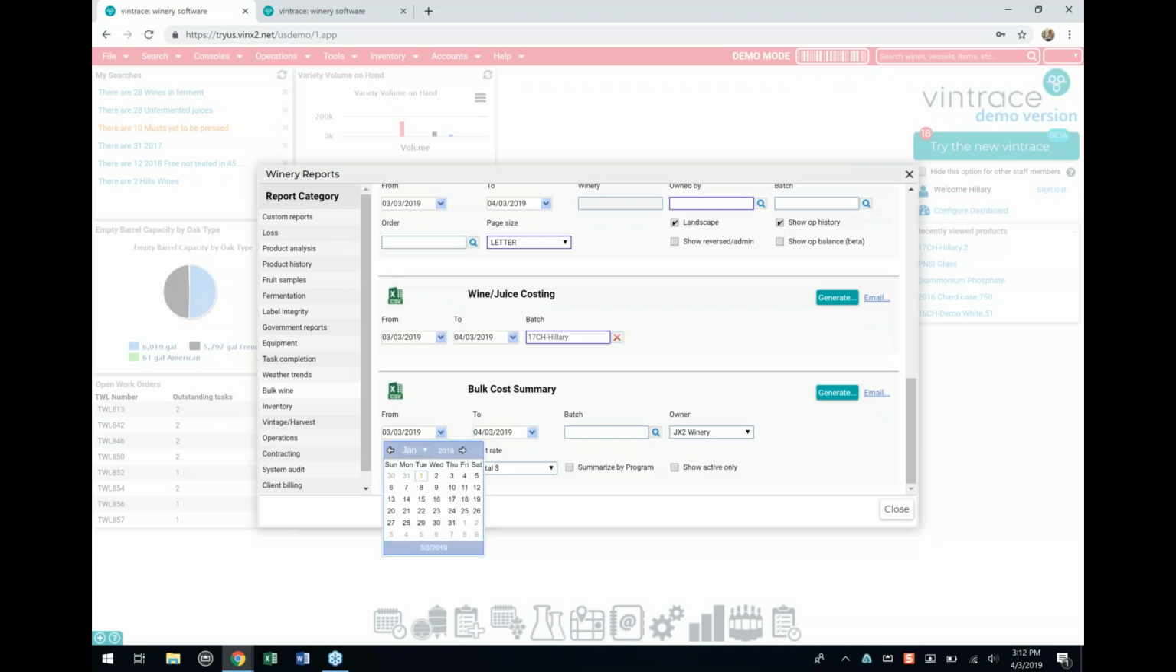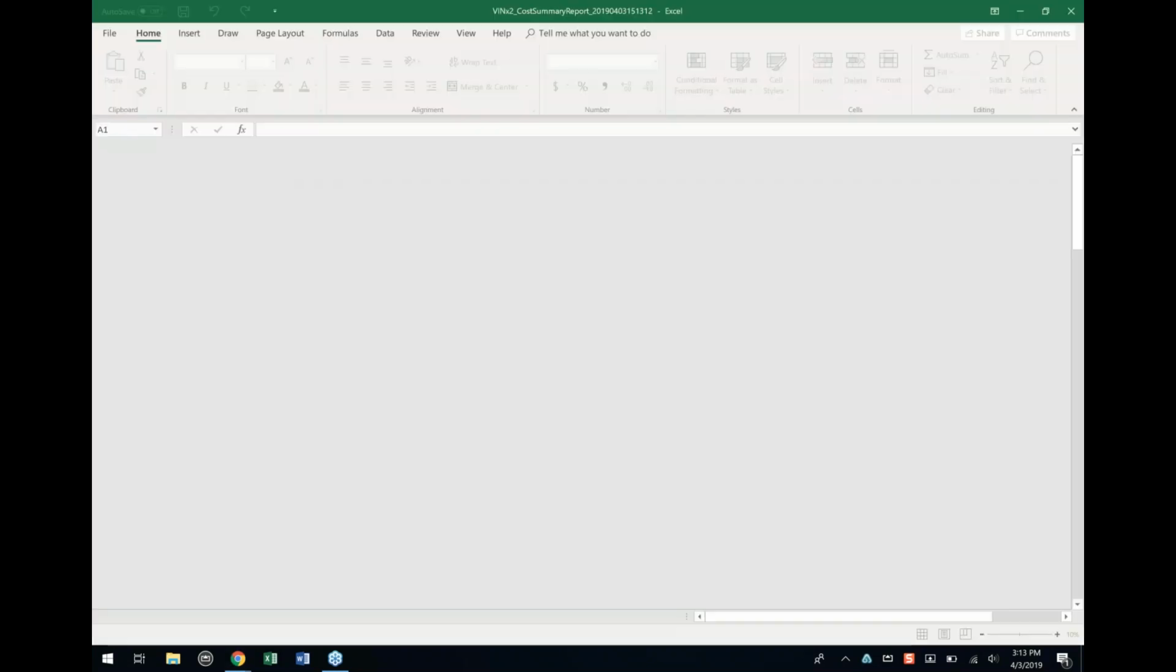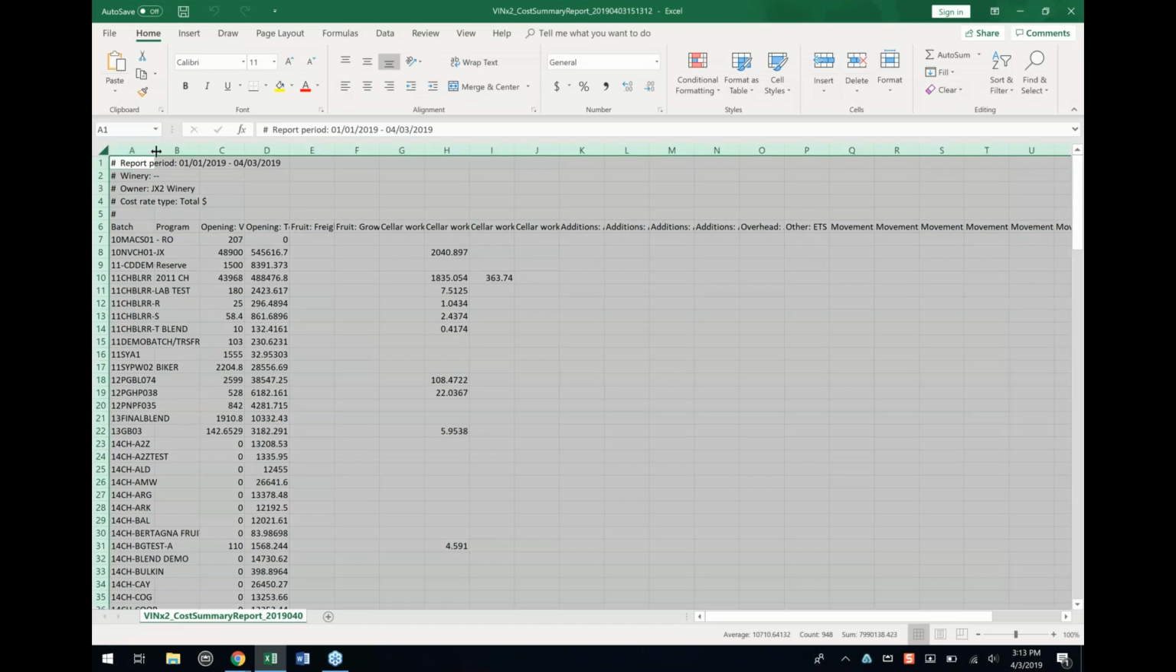So I'm going to go back to January. So I kind of want the first quarter, and I'm not going to enter a batch, and then I'm just going to hit generate. What this is going to do is bring up all of the wines and opening, closing transactions. So here is, so now if I click here,